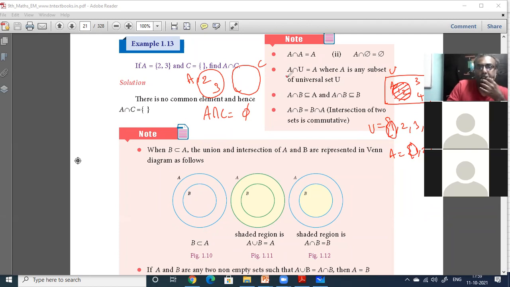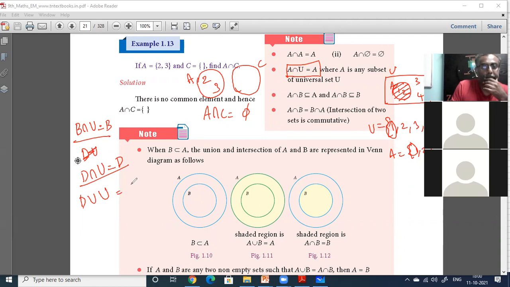So A intersection union is equal to A. Any set intersection union is equal to that set. Any set union the union set is equal to what? The union set. Why? Because let us say D is here. D and the union set: elements found in D are 1, 2. This is found in 3, 4, 5.